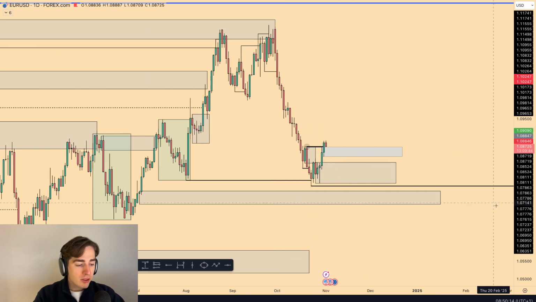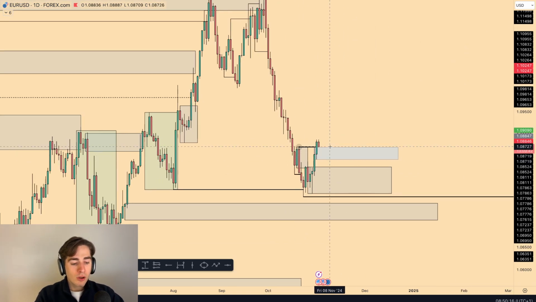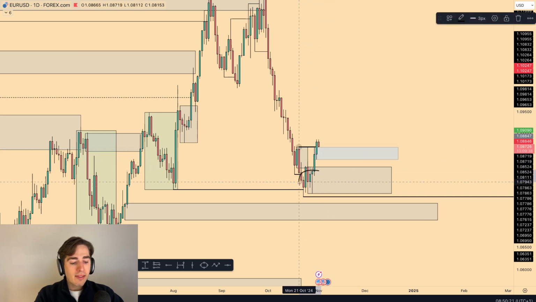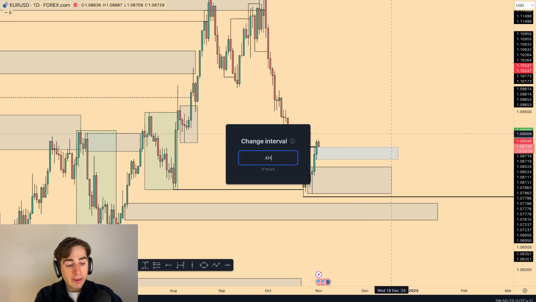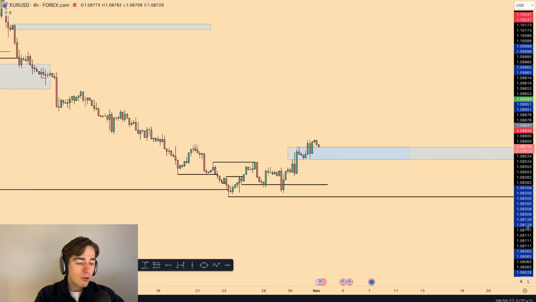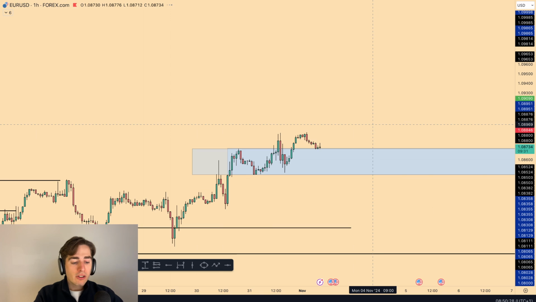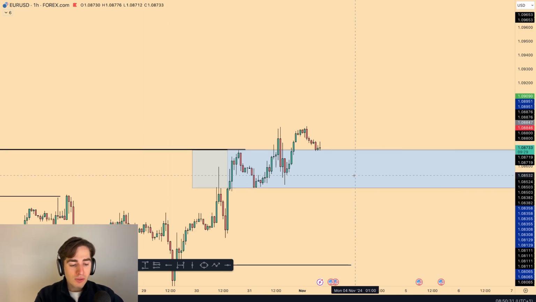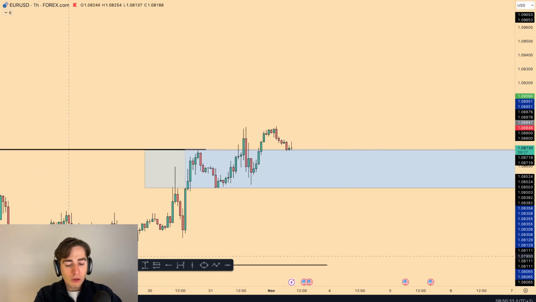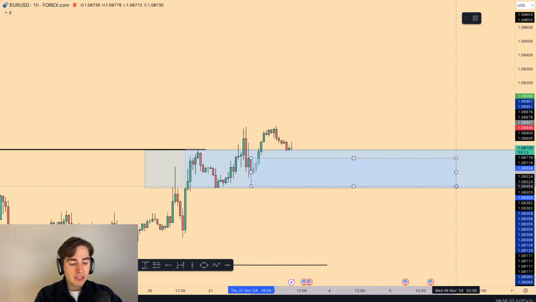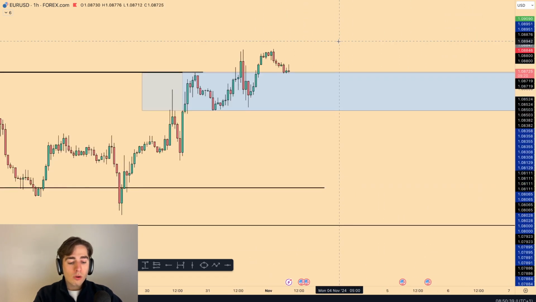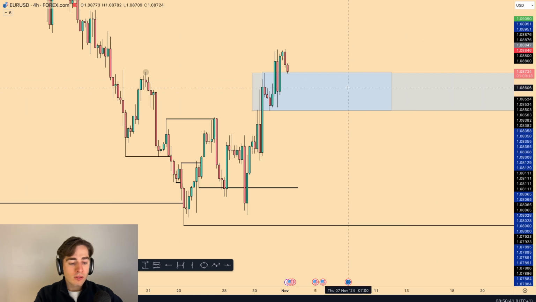Now there are two areas here on the daily time frame that I have my eyes on for further upside. That is this area of demand over here, so this light blue zone, and this dark blue zone over here. What I'm going to be looking for is confirmation inside of those zones on both the 4-hour and the 1-hour time frame to then identify, okay, do we get that change of character? Do we get that confirmation that we are looking for before looking for any potential longs? That could, for example, be from this area of demand over here, or obviously that lower area of demand on